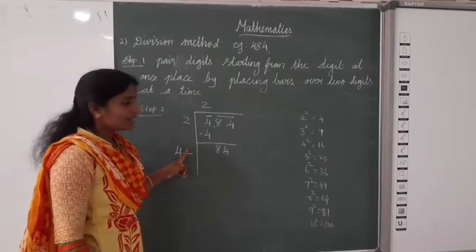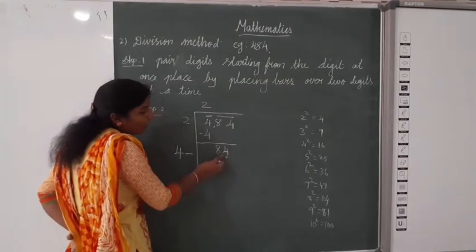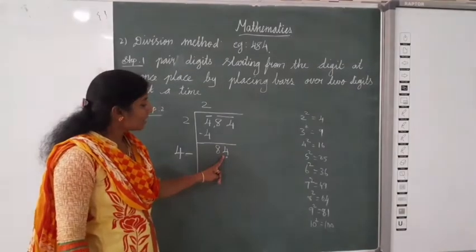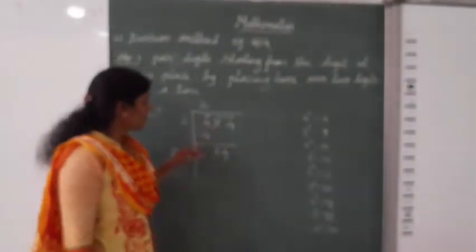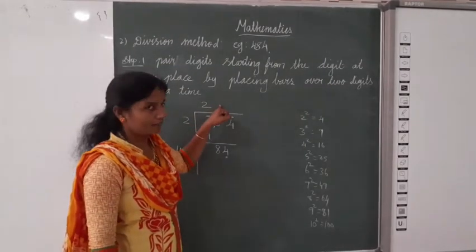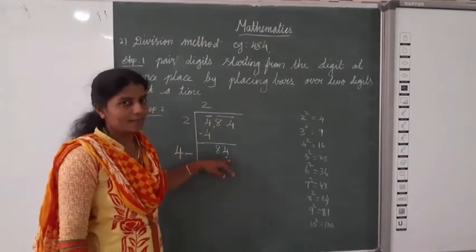Okay, now listen, one easy method. Here in the ones place we have 4. Ones place is 4 means it must be 2 twos are 4, otherwise 1 one is will not get. Here, whichever number you add, that same number you add here. Then this number and this number we can multiply, and we will get this number.